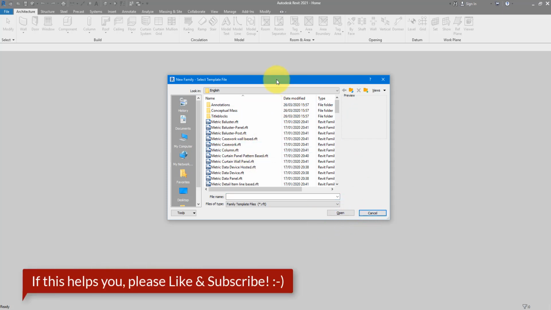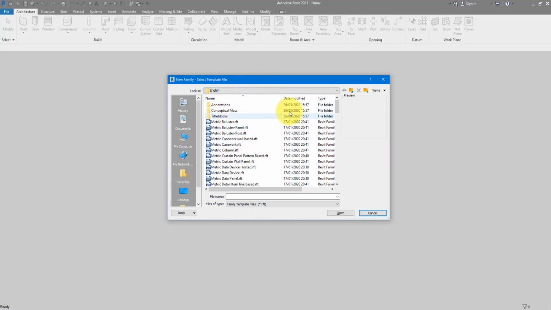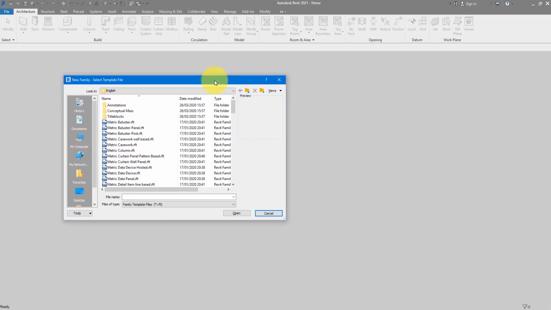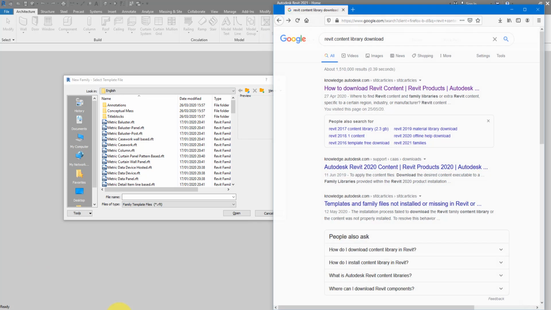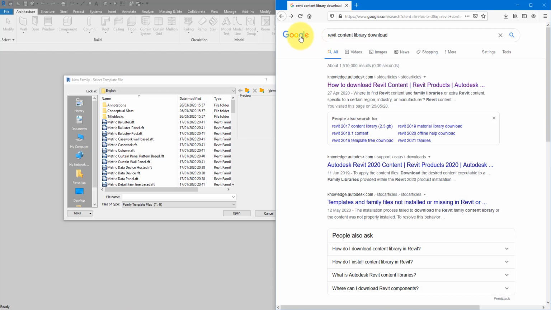Now, in some rare cases, this folder may not even exist, and that's because maybe when you installed Revit, you didn't choose to include family templates for some reason, or maybe it was deleted before your time. In that case, you need to get this folder back again from the Autodesk website. To do so, simply go to your search engine and find Revit Content Library Download. Select the first result from the Autodesk website,